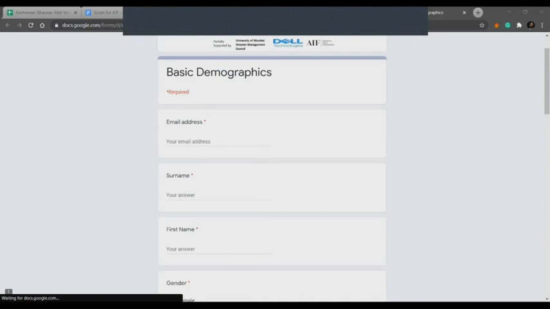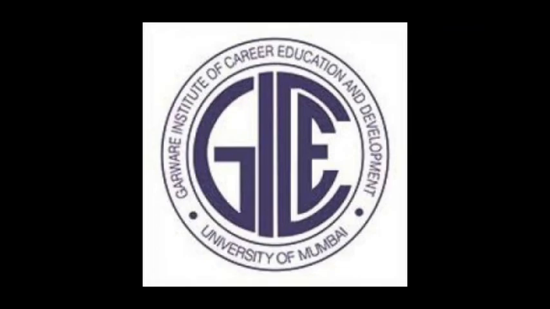After that, the actual test begins, where you will be asked questions based on your interests, and there will be a scale which will map your personality, and using algorithms and AI, they will be predicting or suggesting a favorable career course.